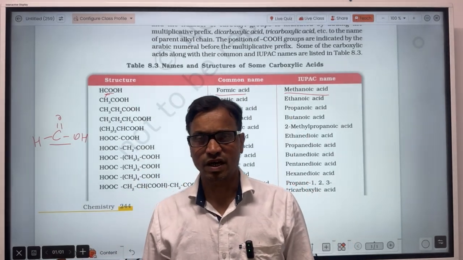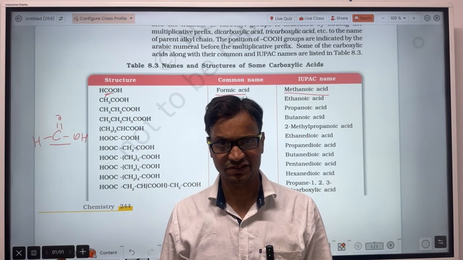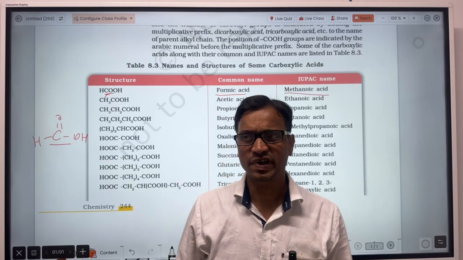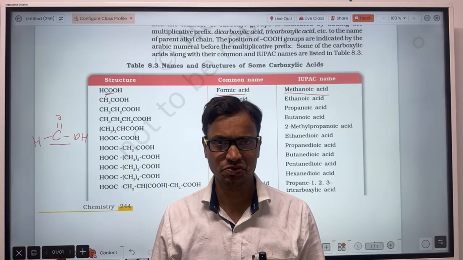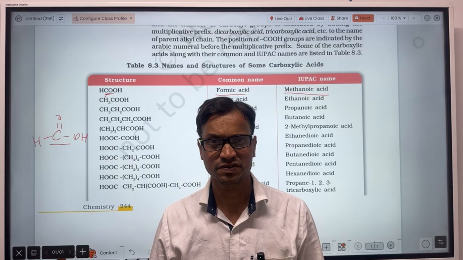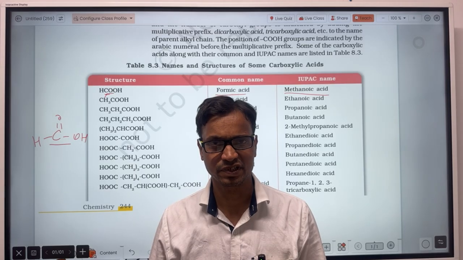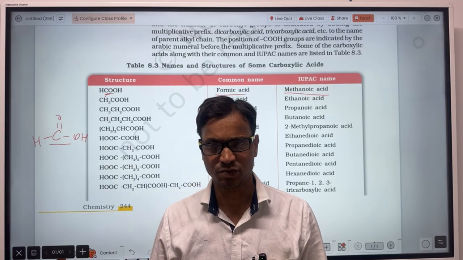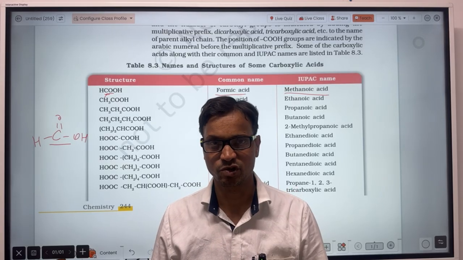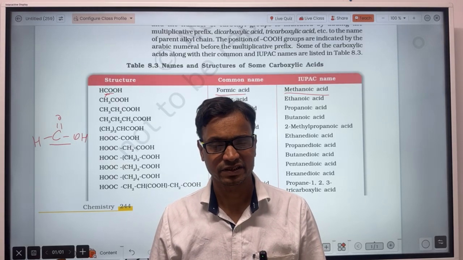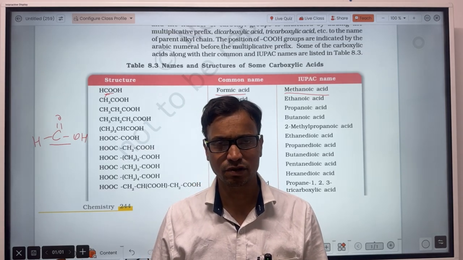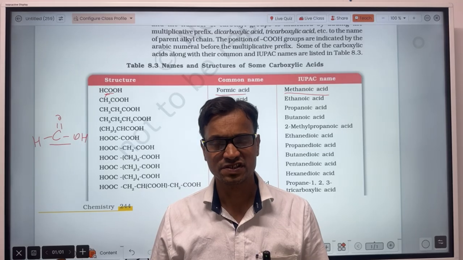When you write the IUPAC name, you have to consider the number of carbon atoms. And the common name is based on the source from which the carboxylic acid was obtained. For example, formic acid was obtained from the red ant, which in Latin is called formica. That's why it is called formic acid. That means HCOOH is called formic acid. In the same way,